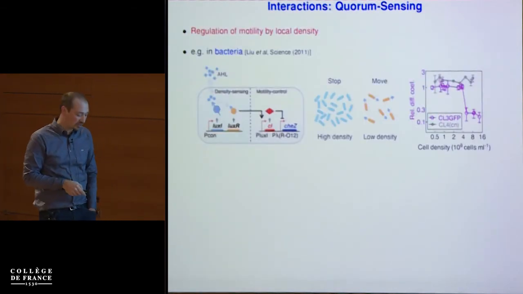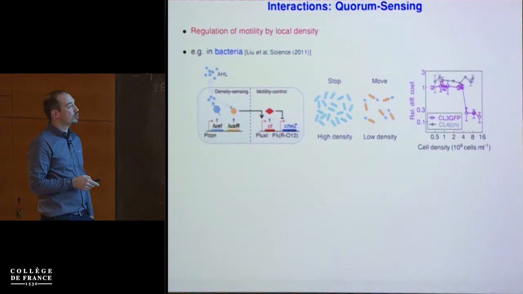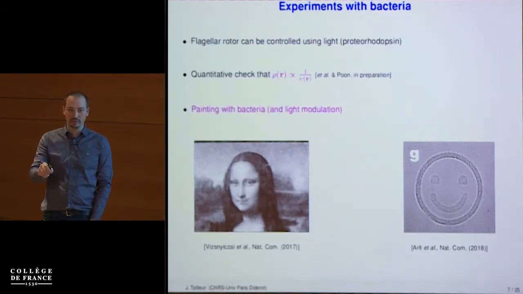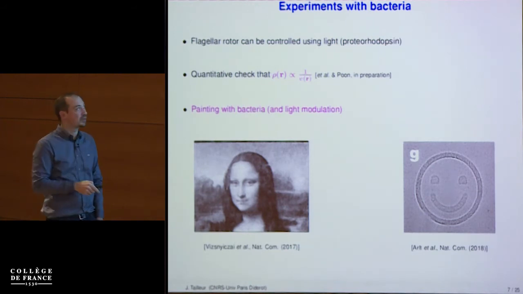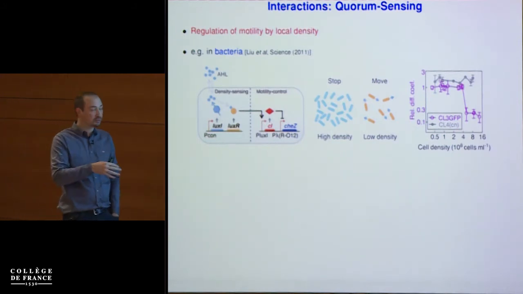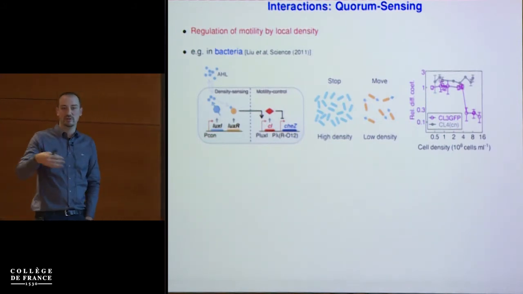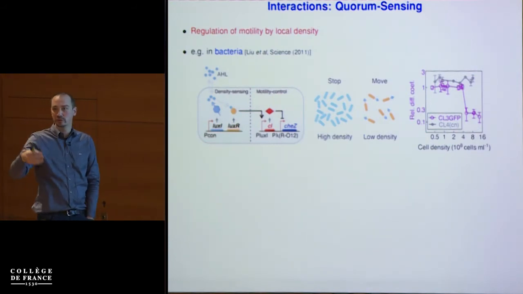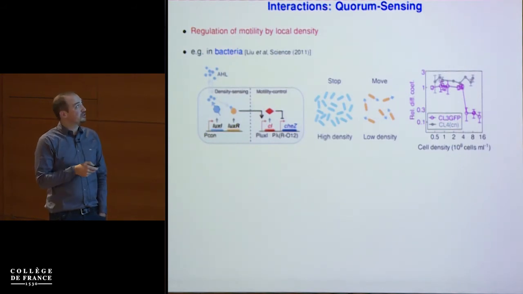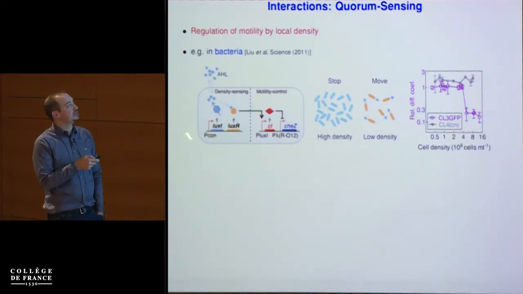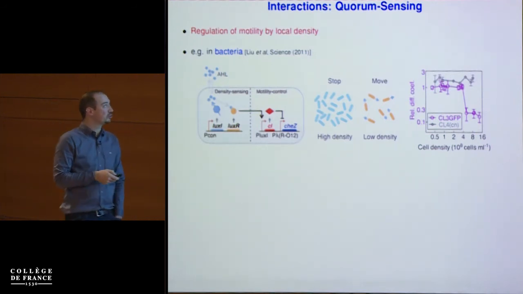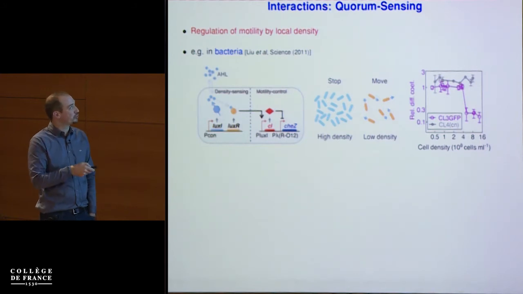Now I want to switch to what happens when you have interactions. So what I told you here is that if your velocity depends on position, then you accumulate where you go slower. Now, something else that can happen is that your velocity doesn't depend on position, but it depends on density. And again, you have this image. If you're trying to run through a crowd, the denser the crowd, the slower you go. Again, in bacteria, you can do synthetic engineering, and you can build that. So this is a cartoon of a bacterium. And you can put 2 plasmids in the bacterium, which are small pieces of DNA that will code for proteins.